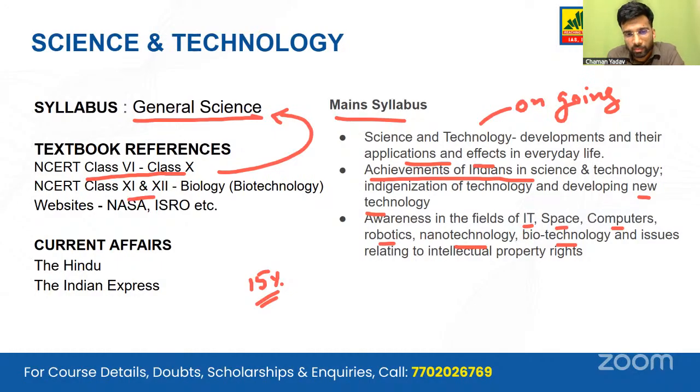For class 11 and 12 biology, we have to read the biotechnology book. Over the years, the trend we have seen is that the most questions over the past 15 years, directly or indirectly, have been asked from the biotechnology portion, be it vaccine development or immune systems. Each and everything can be dealt with from the NCERTs. Other than that, we have to look at important government websites like NASA's website and ISRO's website, because space tech is another very crucial portion of the science syllabus.